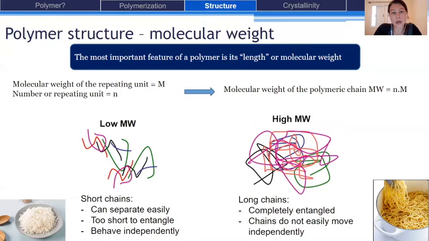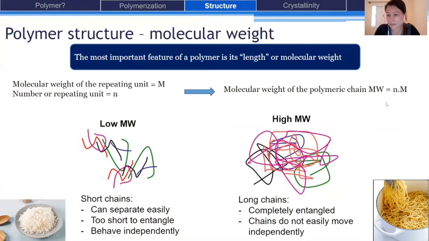The molecular weight of the repeating unit is calculated, and it is written M. It is the sum of the molecular weight of each atom. And if we have N number of repeating units, we can define the molecular weight of the polymeric chain as MW, a notation for the molecular weight, which is equal to N times the molecular weight